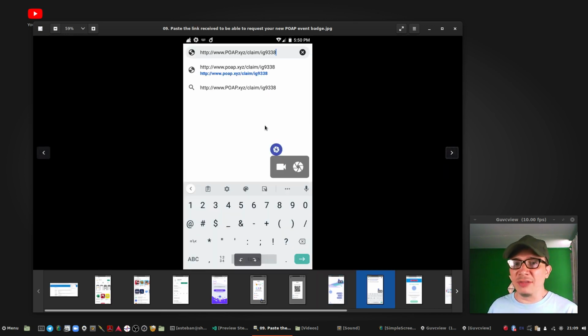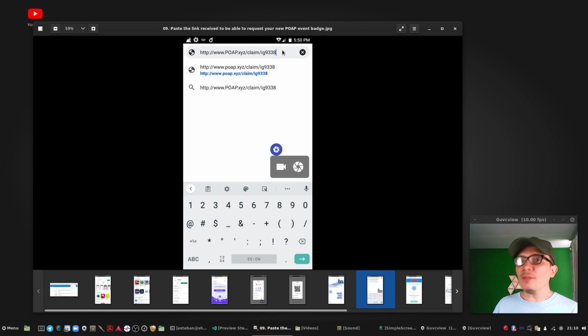The second alternative, which is my favorite, because it actually works faster than the previous one, is to receive your badge for attendance to the event as a link. This is an example on mobile of the type of links that you will receive once they verify that you attended the event.